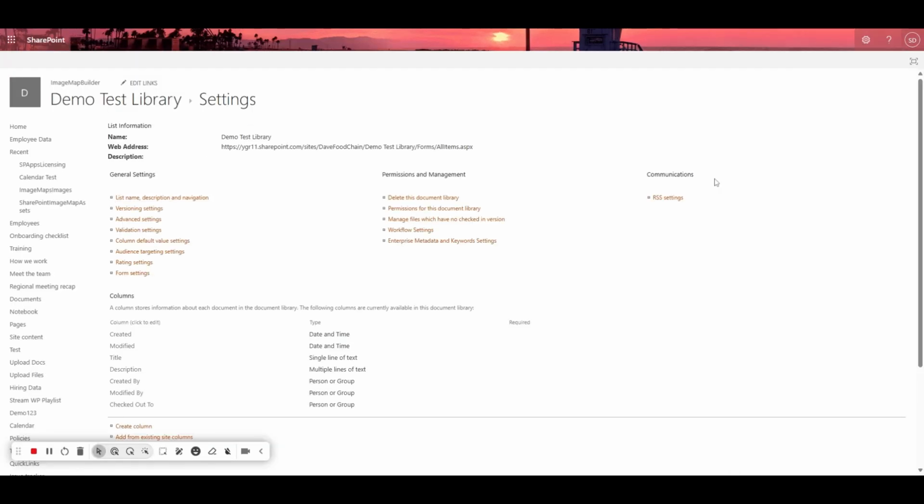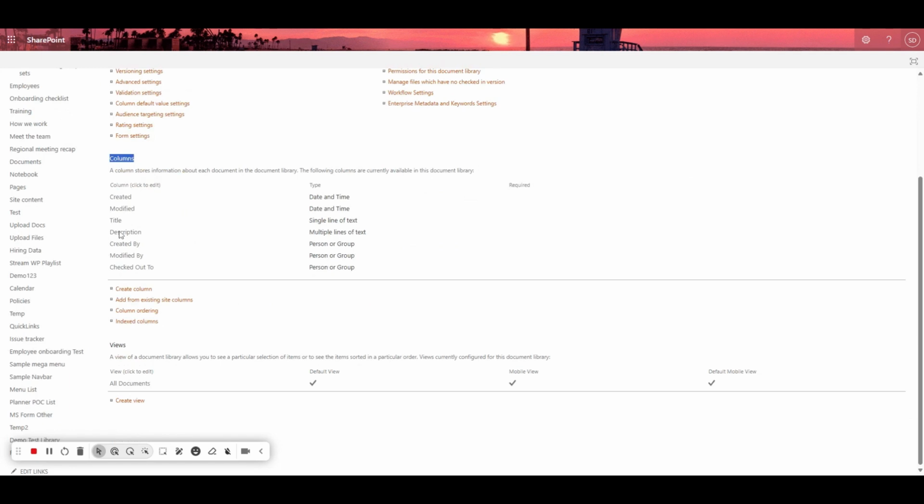And here, from these columns in this demo test library settings, we have a number of columns available, which are available by default in the document library. But if we want, we can create our own custom columns. So let me just go and click on this Create column